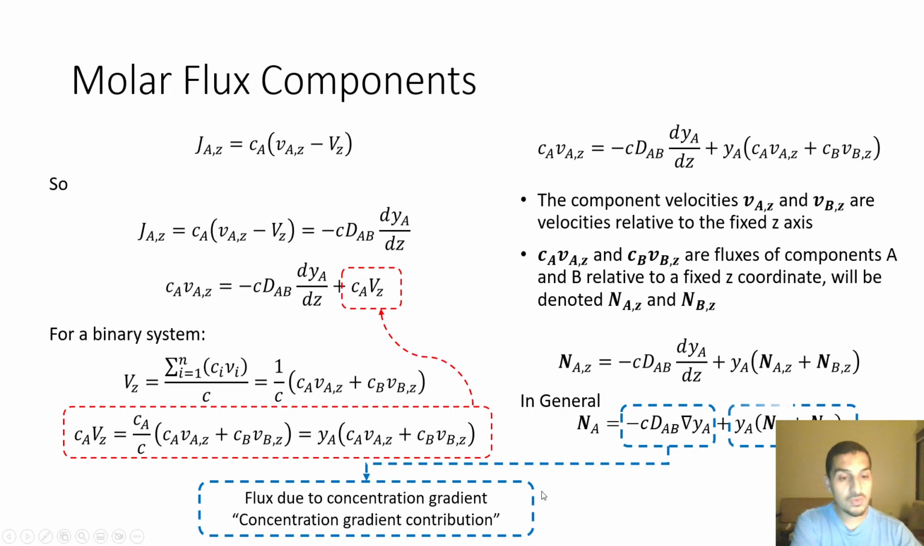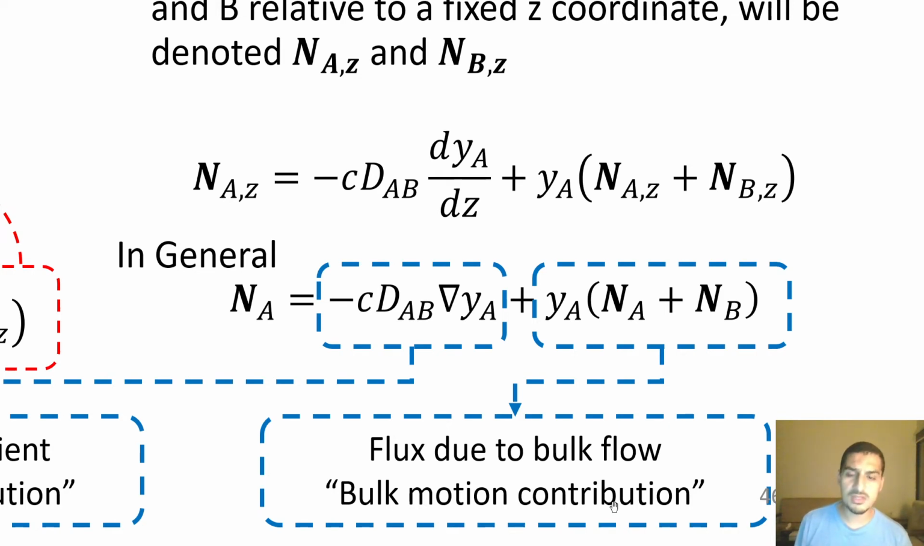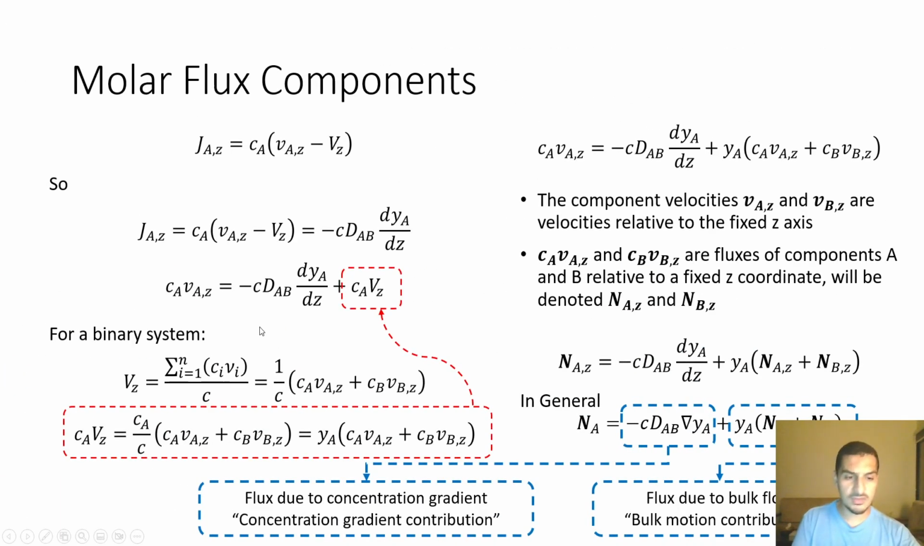And the other part of the equation represents the bulk motion, or the flux due to the bulk flow, and we can call it the bulk motion contribution. And this is awesome because now you can see it by yourself, and the terms tell you, because NA plus NB is the total flux that you have. So this is how the total flux, or the bulk flow, is affecting the flux of A, and this is how the concentration gradient is affecting the flux of A, which is